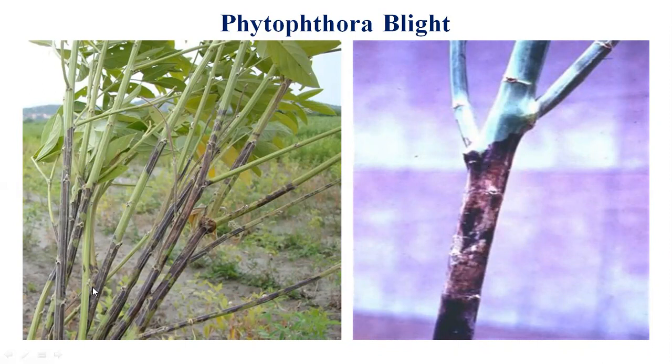So what happens in this case? Internal as well as external symptoms lead to underdevelopment of the plant and total destruction in the physiology of the plant. It adversely affects the development of the leaves, which sometimes undergo chlorotic patches or chlorosis, and adversely affects flowering and the development of the pods. So overall, Phytophthora basically causes infection to the stem.